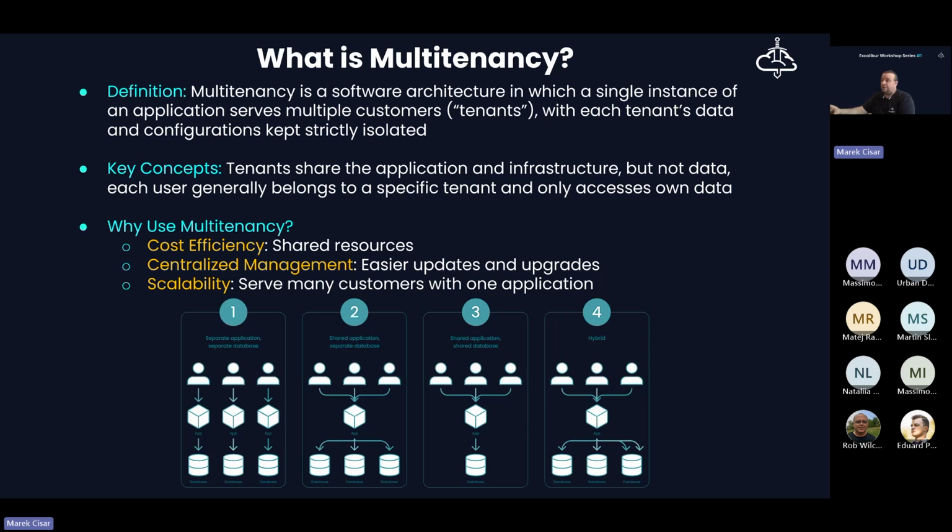The third type is when we share application components and the application database as well for all the tenants. And there are maybe some other models. One of them is a hybrid model where, for example, we share some application components and the rest is dedicated to the tenants, and the same with the application database. So maybe there is some shared data between tenants and some dedicated data in appropriate databases, regarding the tenant isolation.